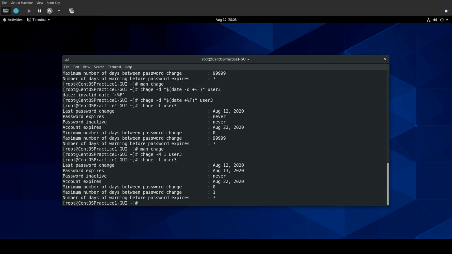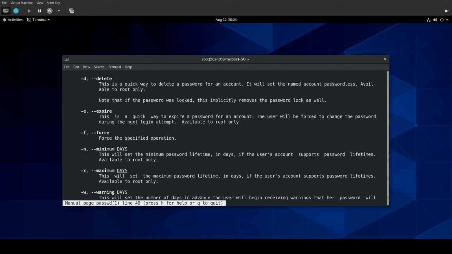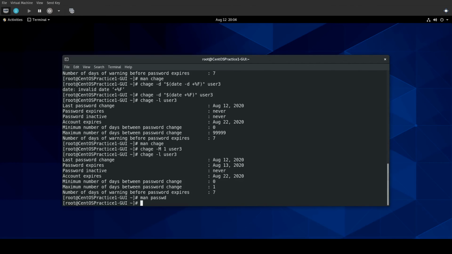Another way to expire a password is use the passwd command. So if we were to take a look at that real quick. I usually use -e for expire for that. Also, I tend to use passwd if I need to lock an account as well. So on this note, this gets us into needing to talk a little bit about